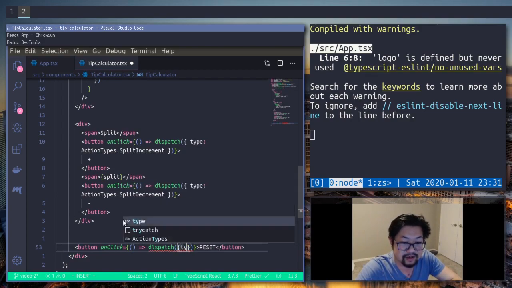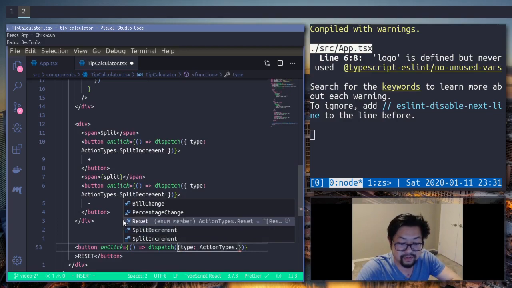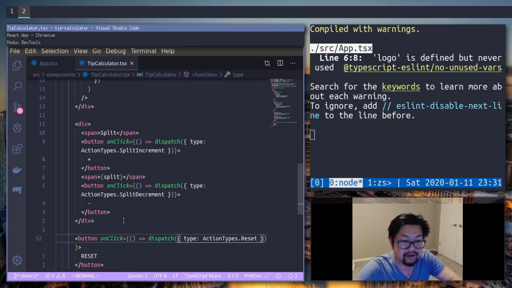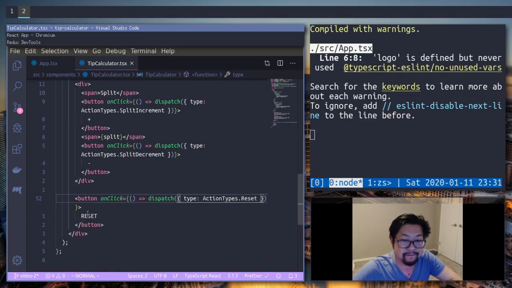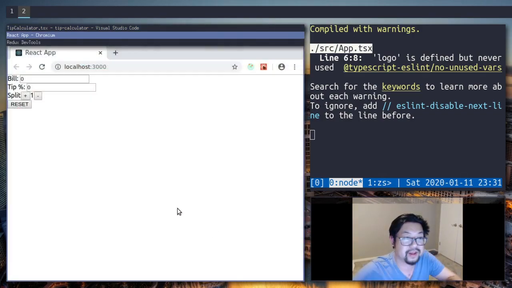Dispatch. And this is action types dot reset. Man, that kind of looks weird. Anyways, but now that we have all of our actions in place and everything can be dispatched, we can finally